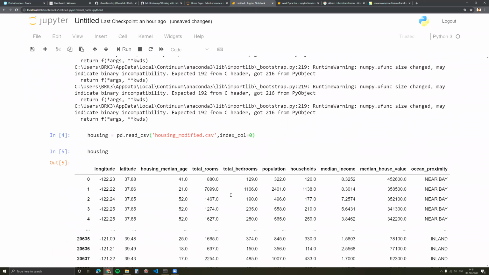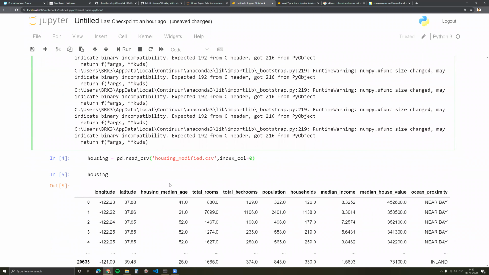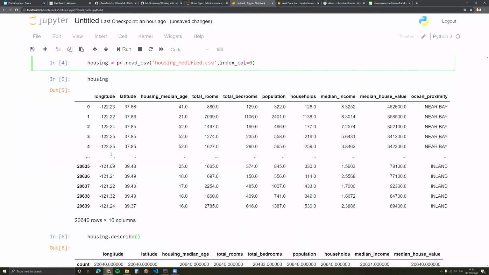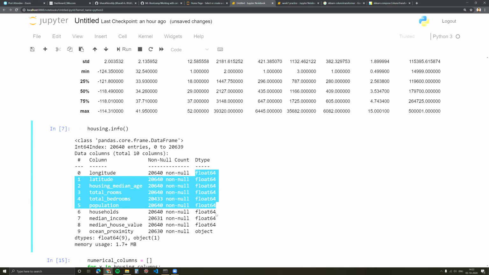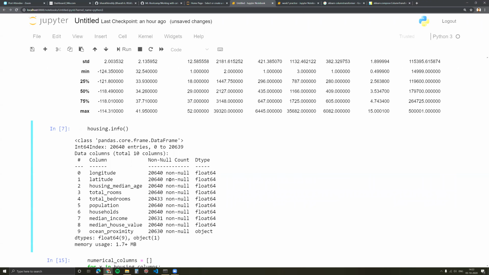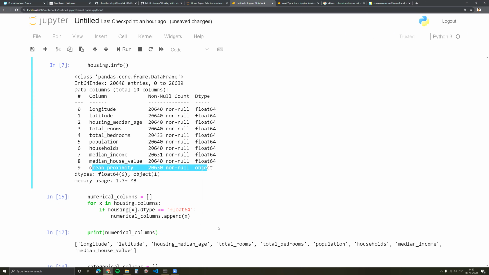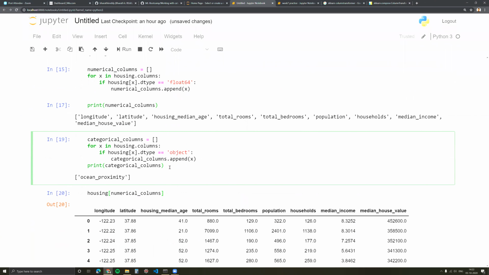So if I were to break all of this down, first you import your libraries, read the data set, and identify using these techniques, describe and info, what type of columns are there and what you need to pre-process. You need to do some missing value imputation, or you need to do one hot encoding. So first segregate the columns on which you need to do this.